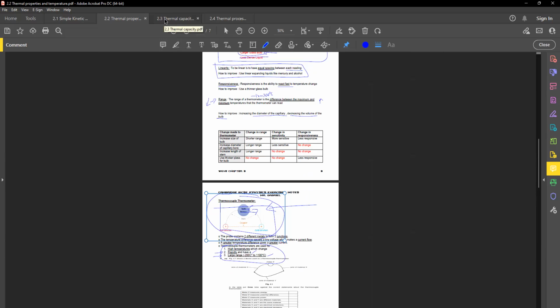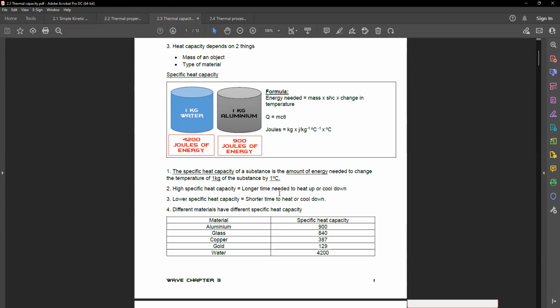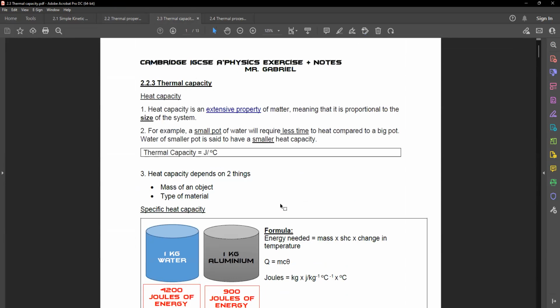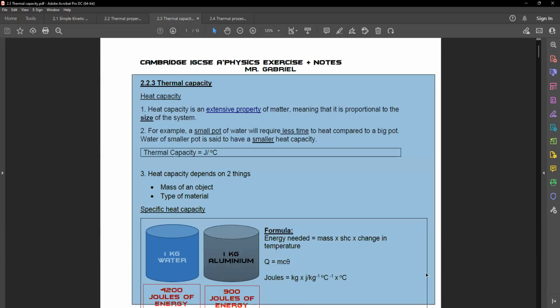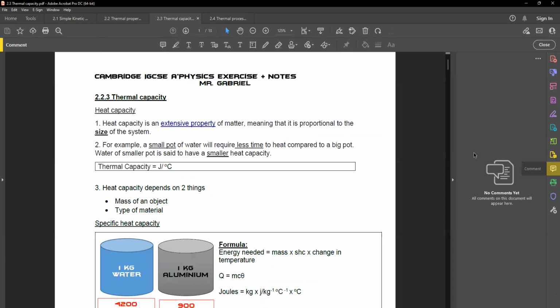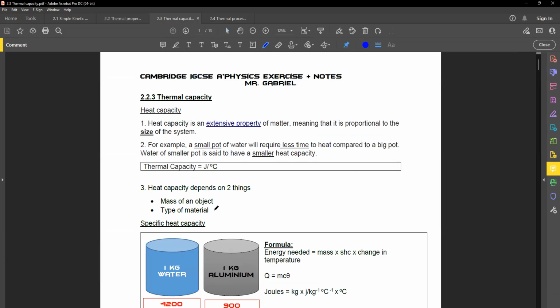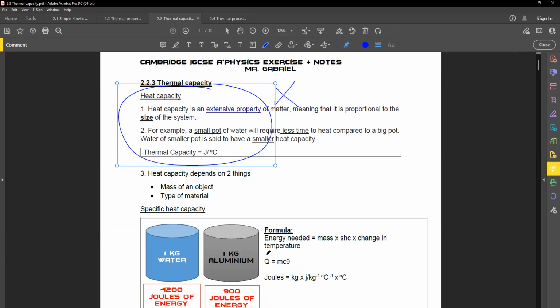So, yeah, if there's no questions, then moving on here, this is one of my favorite chapters because it's mostly calculation, right? This second last chapter here is essentially talking about thermal capacity and specific heat capacity, right, guys? I've mentioned this before, guys. I'll mention this again. Most of you guys will probably not remember this because it is very rarely asked in your IGCSEs, right? But let me tell you, most of you guys who can remember this should be able to remember this as well, because the only difference between thermal capacity and specific heat capacity is just the mass component,